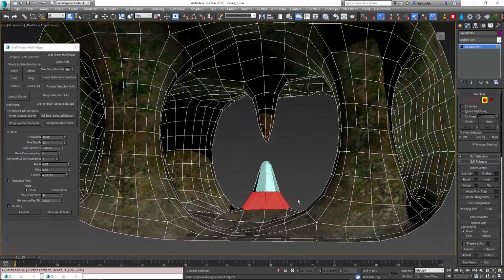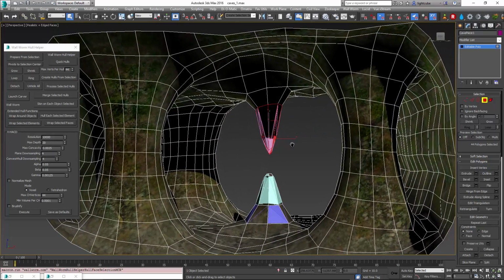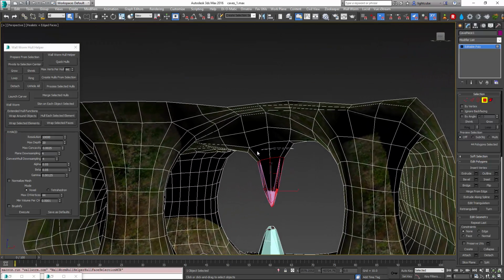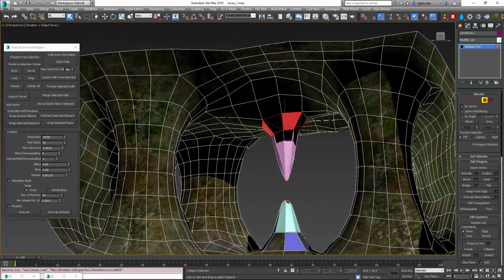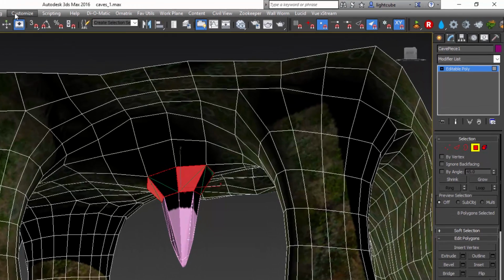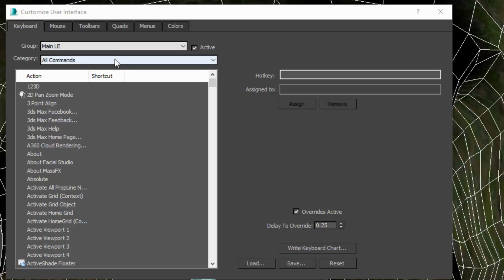So I'm going to do the same thing here with this one and Wrap Selected Faces. In fact, this button can be bound to a keyboard shortcut. I have it set to Control-Shift-F. So in this case, if I go up here and select all of these and I hit Control-Shift-F on my keyboard, it's going to run that function on the currently selected faces. If you want to do that keyboard shortcut yourself, you'll just need to bind them under Customize User Interface. Go to the Keyboard menu, choose